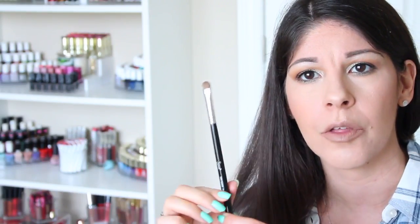So these next two favorites are makeup brushes that have been doing just everything for me. The first one is from Sigma. This is their Firm Shader E57. This is a flat shader brush, but it's tinier than their regular one. I have one that's bigger, and it's great for adding color all over the lid, but because this one is